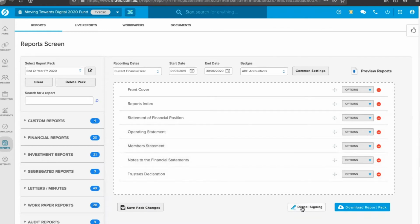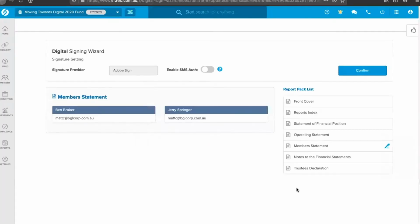As soon as you've got that, this button appears here. Okay, digital signing, we click on that. It then picks up the email addresses. Okay, they're stored in the contacts. I've now got this additional option for both Adobe Sign and DocuSign. And I can enable SMSF, SMS, I always get those two confused, too much in the SMSF space,